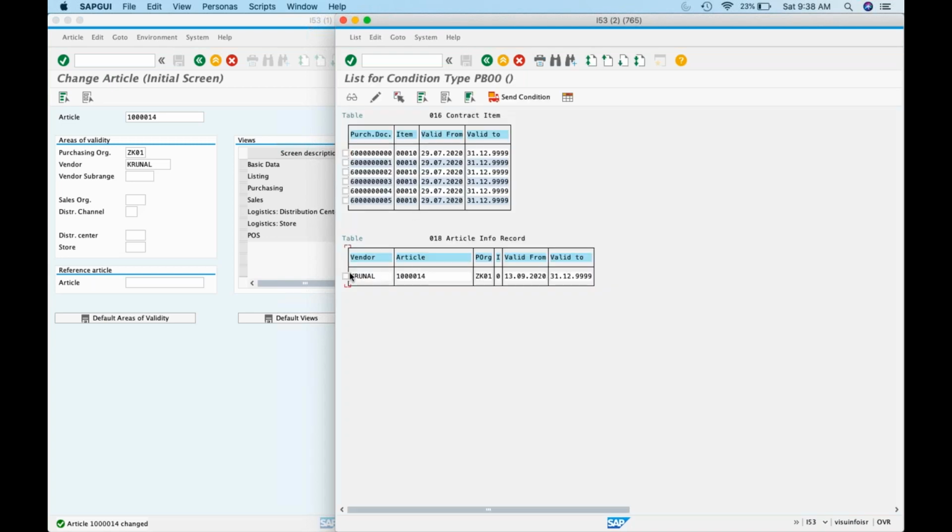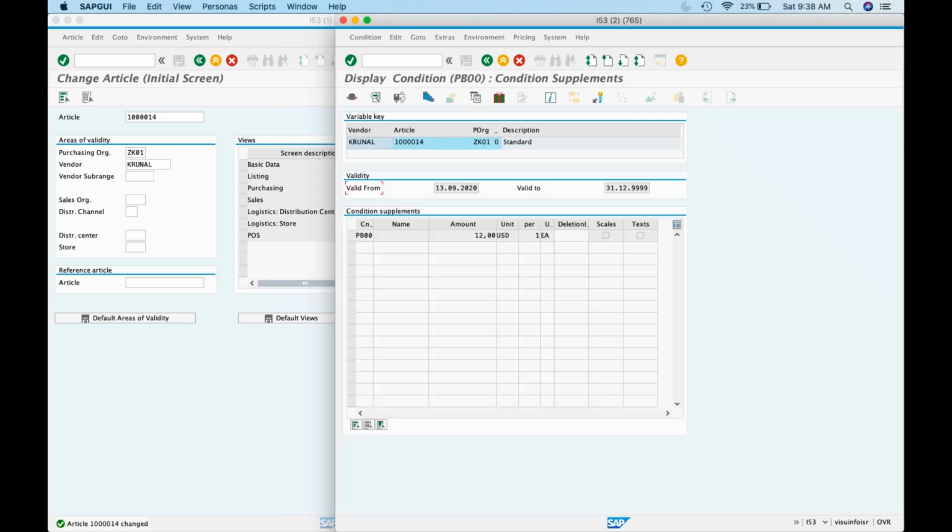It displays 12 USD, PB00 only. Is that clear? So these are a few terminologies you need to be aware of. That is how you maintain it, either directly in the article master transaction screen, or ME11 or MEK1. This is for purchasing. Clear?